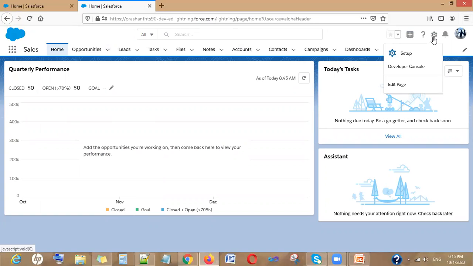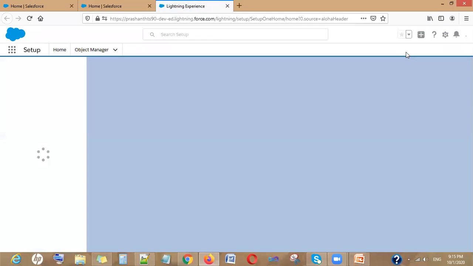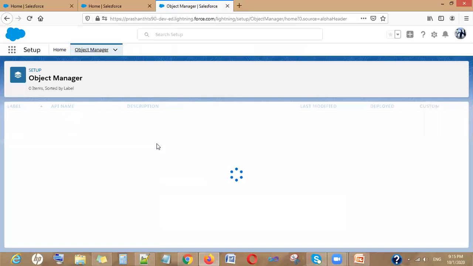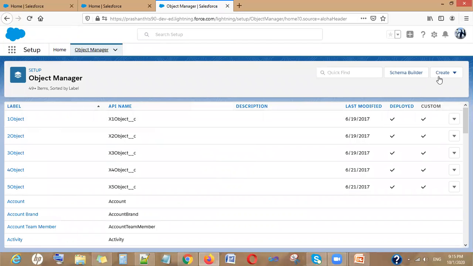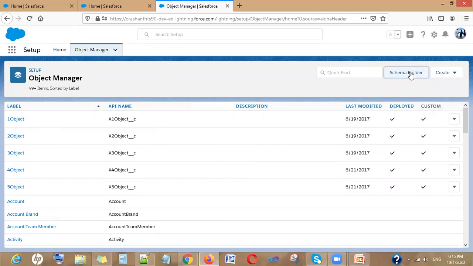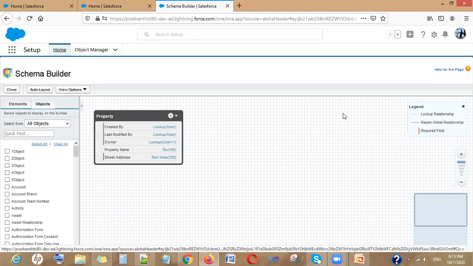So you go into the setup, Object Manager, and if you want to create the object, then you can create the object from here. Schema Builder. I will be making a separate video on this Schema Builder in the admin course. But I'm just trying to give you a quick overview of the navigation in the Lightning UI,